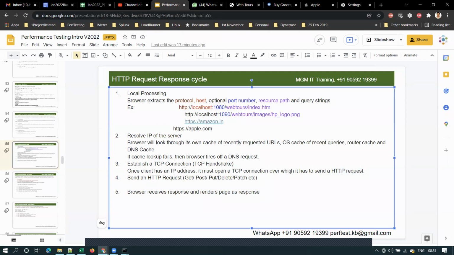And that HTTP request can be of different types. There are different types of HTTP requests: GET, POST, PUT, DELETE, PATCH, etc. Now we have to understand what these different types of requests are, right? We'll understand this, and then I'll go back to performance testing concepts. So, there are different types of HTTP request methods. The first one is a GET request, and then POST, PUT, DELETE, PATCH. Why do we have these, and what are these different types of requests? Let's understand this.